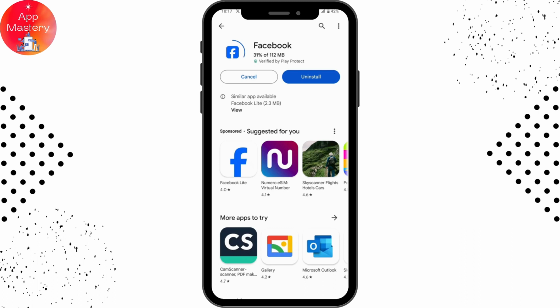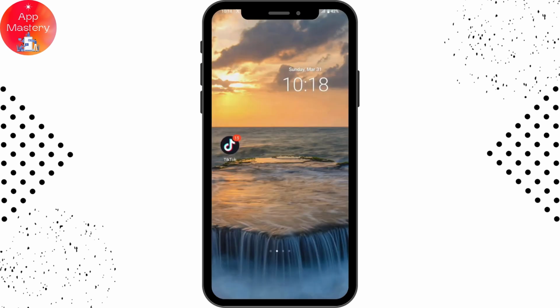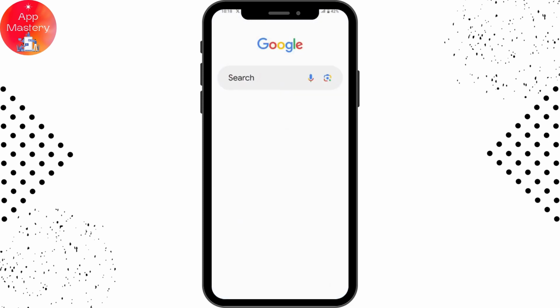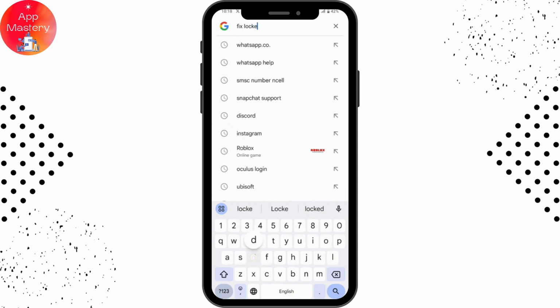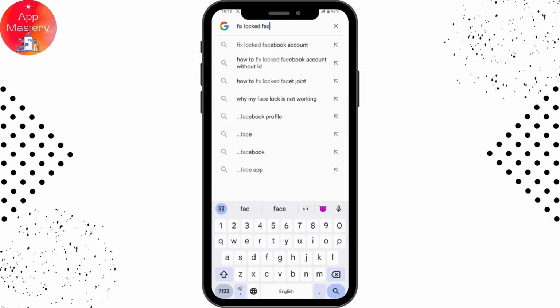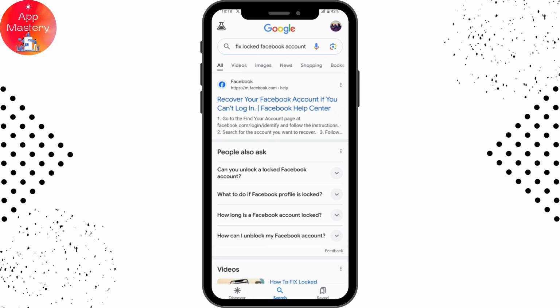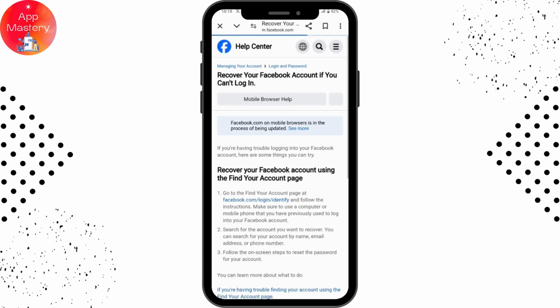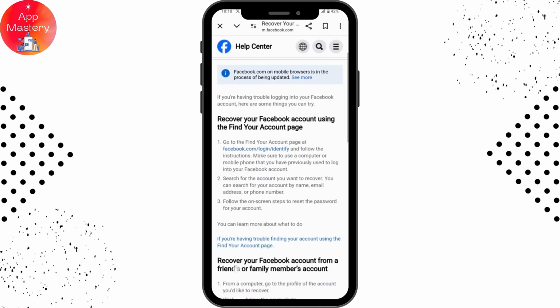And even after doing all of that, if that still doesn't fix your problem, then it might be a sign of a lock. So your account might be locked by Facebook. If it is locked, then what you can do is open up your Google or your browser, anything, and then search for fix locked Facebook account. And from here, tap on recover your Facebook account if you can't log in, which will be the first option. And from here, you can simply go for